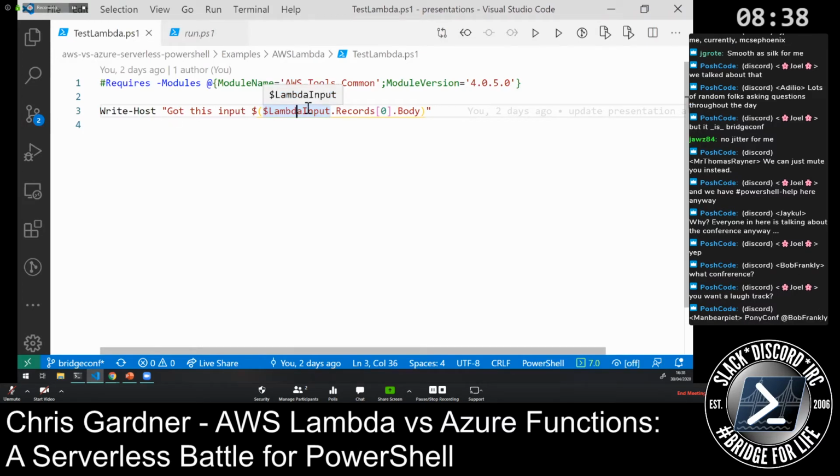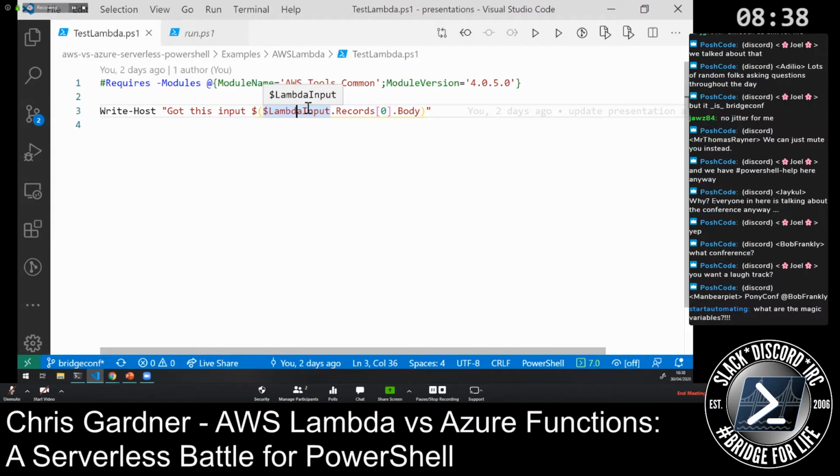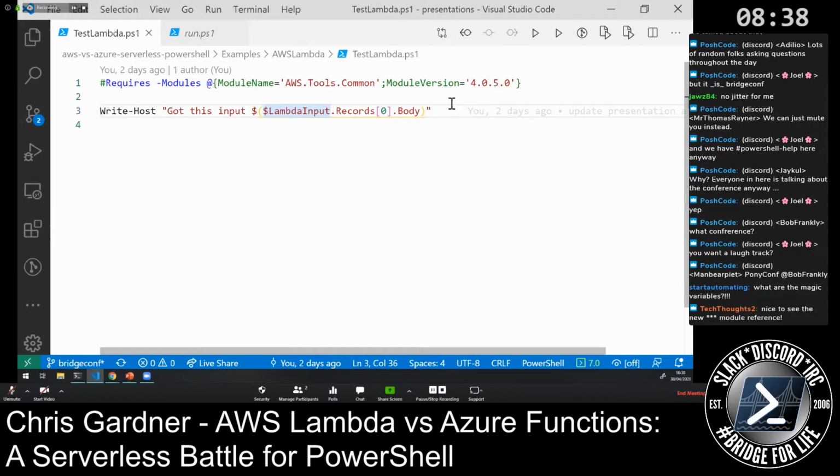The important difference with Lambda compared to functions is that in terms of output, it only takes the very last thing that was written to standard out. So if you write output things or just dump the variable in the pipeline, only the very, very last thing that goes into the pipeline is taken and passed back to whatever output you have. And if you write host things, it ends up in CloudWatch.